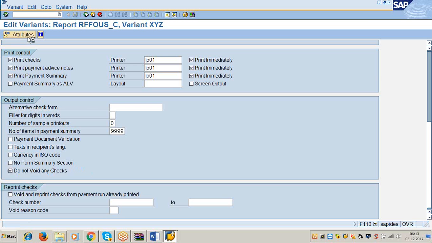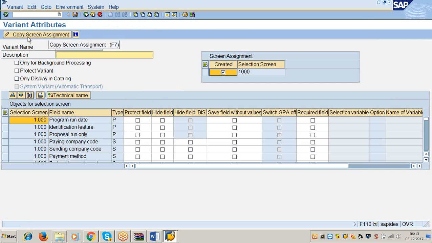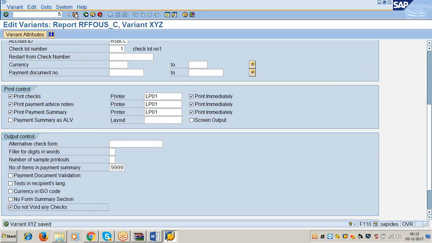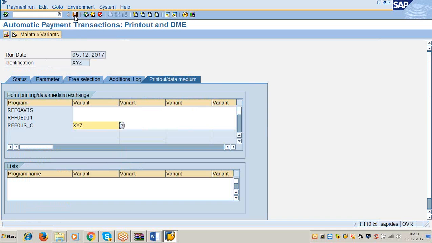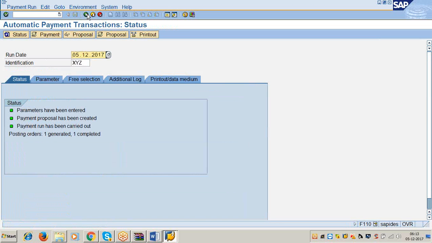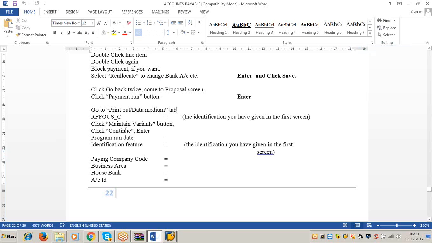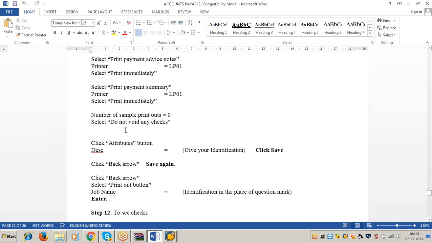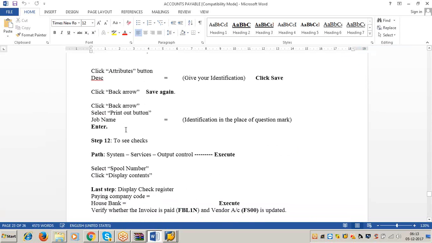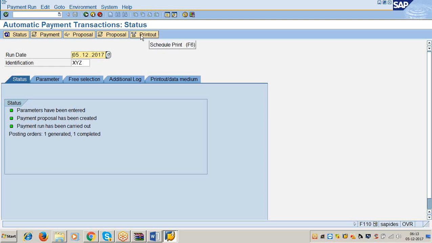Click on attributes tab. Description or meaning is equal to XYZ. Click on save. Again save. Click on back arrow. Click on save. Click on back arrow. Now, select the printout button. See, in the previous class, we could not get this button